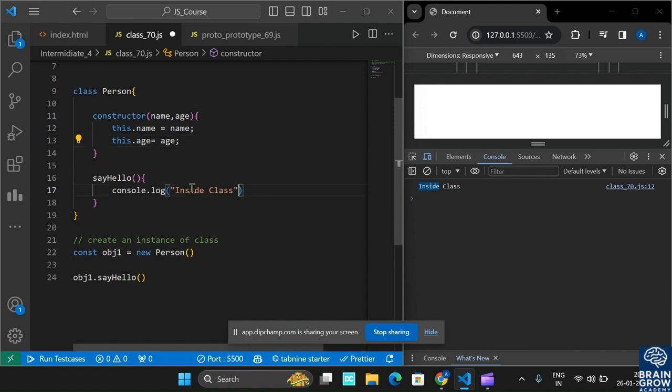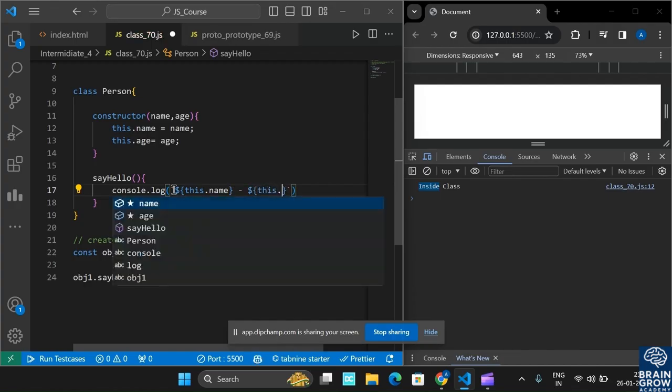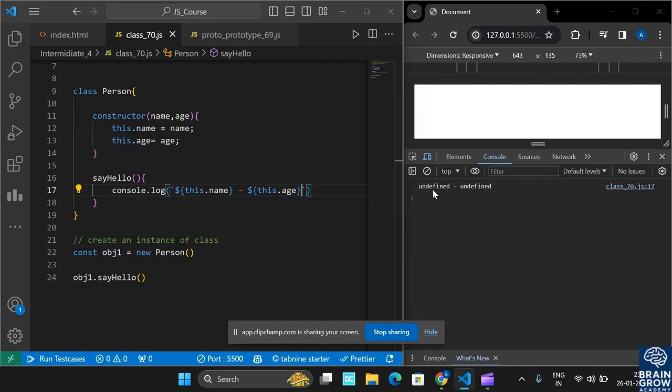So inside the sayHello method, let us use this.name and also this.age. Now it prints undefined